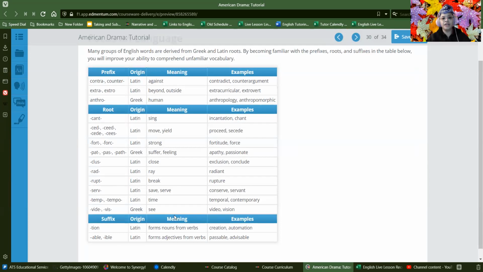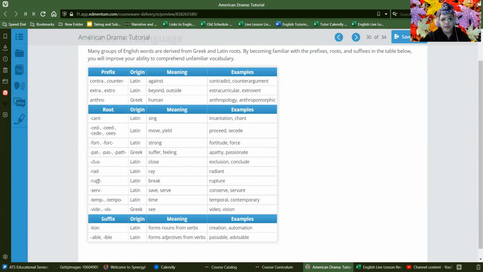Now, you don't have to copy down this whole table, but I would encourage you to write down at least the prefix in question from this first column and the meaning. If you care enough, you can write down the origin, because Greek and Latin origins are different, and you might notice a pattern in how some of these sections affect words that you know.